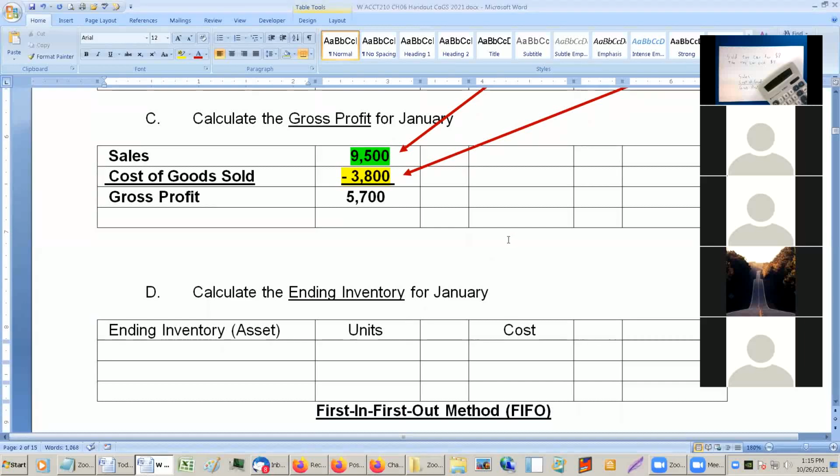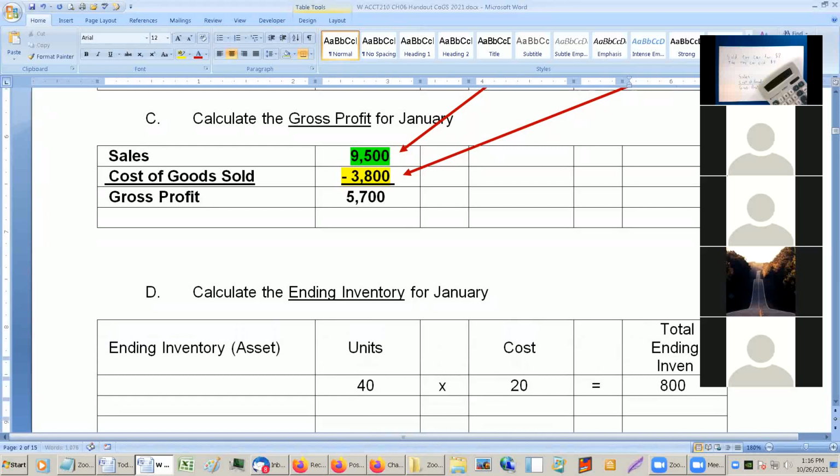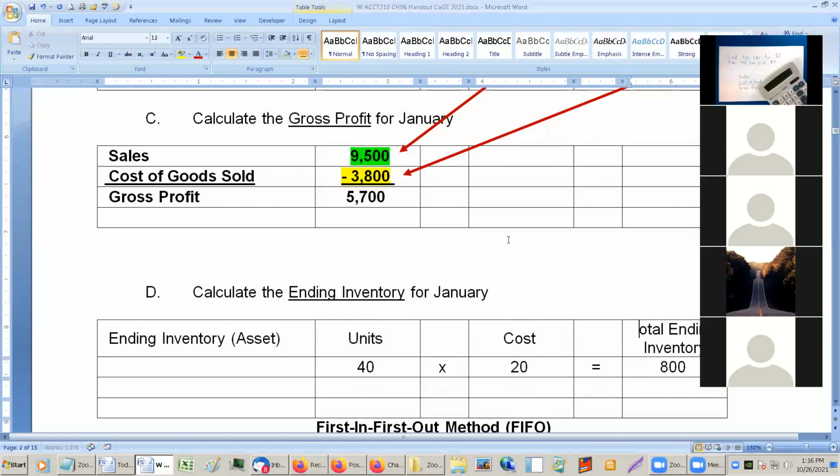Okay, so ending inventory is 40 units, cost 20, equal 800. They don't need the total in there. It's the ending inventory. So anyway, so yeah, so this would be